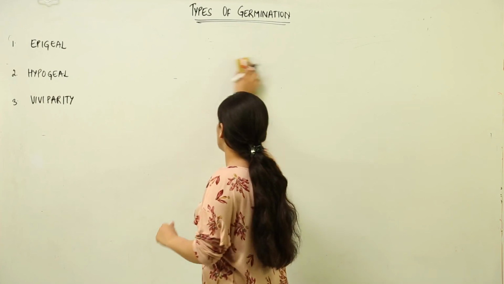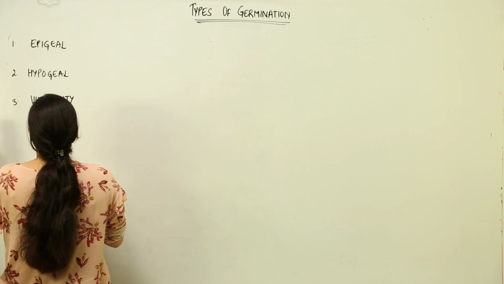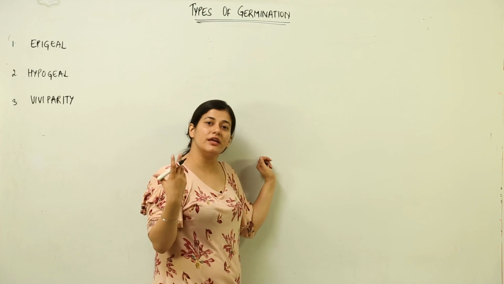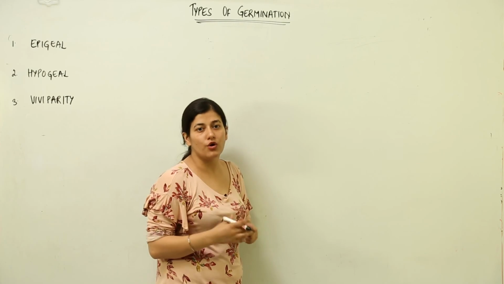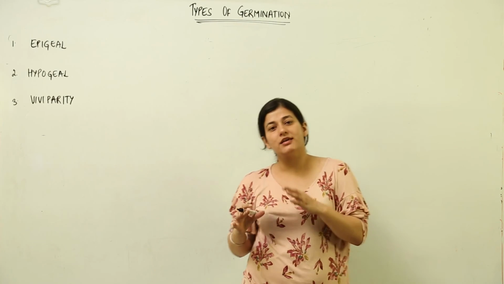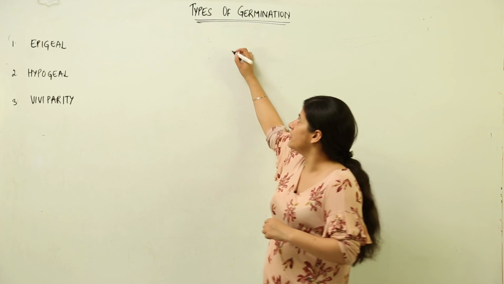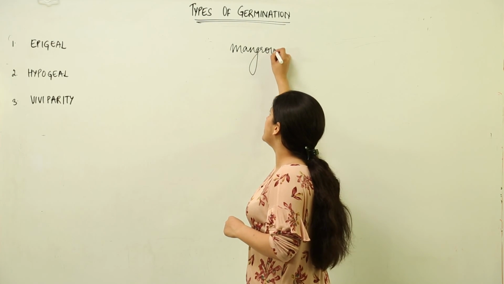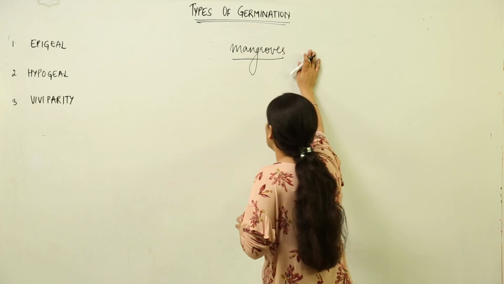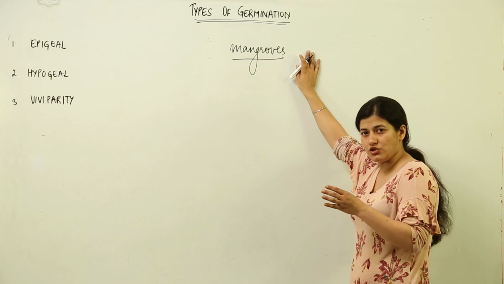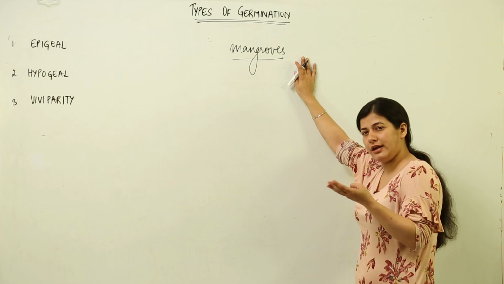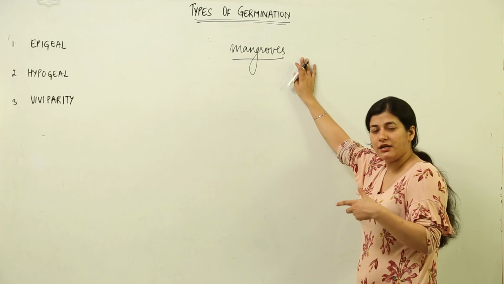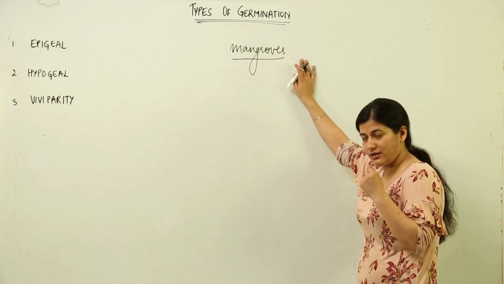Moving further, the last term that we have to get introduced to is viviparity, or the viviparous method of germination. We have this term in animals also, that is, the animals are giving rise to their young ones without the formation of eggs. In the case of plants, we have certain mangroves. You know what are mangroves? Mangroves are those plants which grow in marshy areas like in delta region. Our Sundarban delta, that is present in West Bengal of India, that is the largest delta, and it is having many mangrove forests in that area.